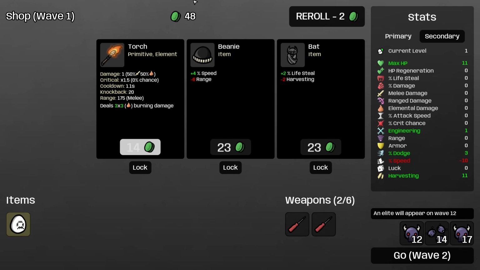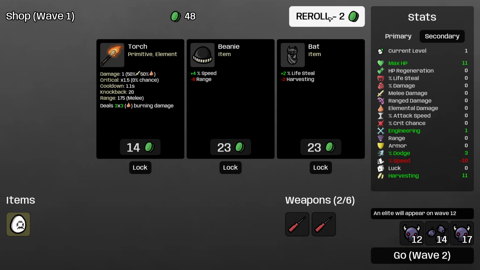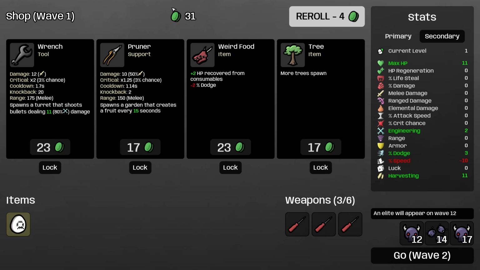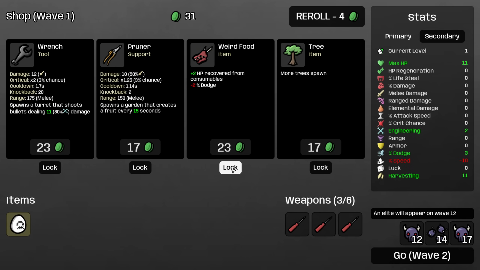I'm going to buy the Screwdriver here. I do need to increase my speed, but I'm not going to lock the beanie because there's a couple items that are so valuable for us, mostly bag and fertilizer, stuff like that, but I think it's worth rolling for really important items to lock. I'm going to buy the Screwdriver here as well and roll again, and alright, we'll definitely just take a weird food in a tree,